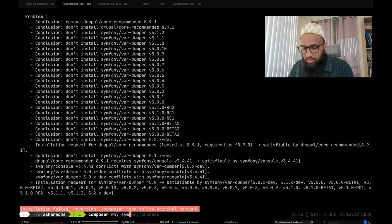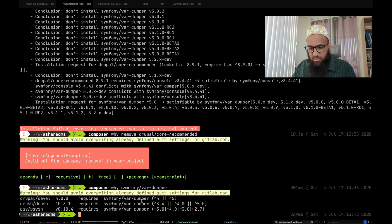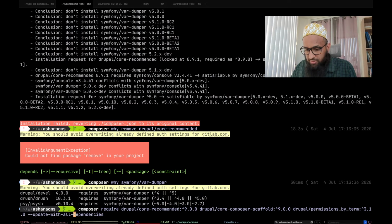So let's see composer why symfony/var-dumper. Yeah. So it says that, well, actually it's not marking drupal/core-recommended, but from the log we see over here that, yeah, it cannot work with 8.9.1. So we need to again do it at the same time. So I'm going to go back to my first command. I'm going to add symfony/var-dumper over here itself,